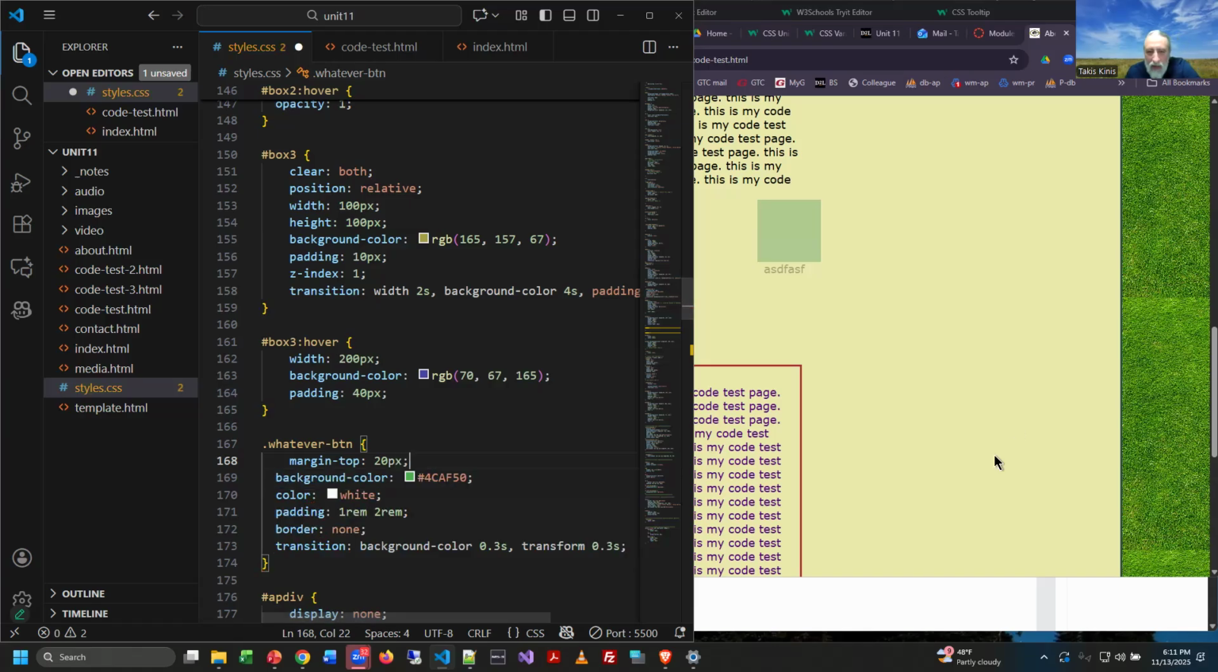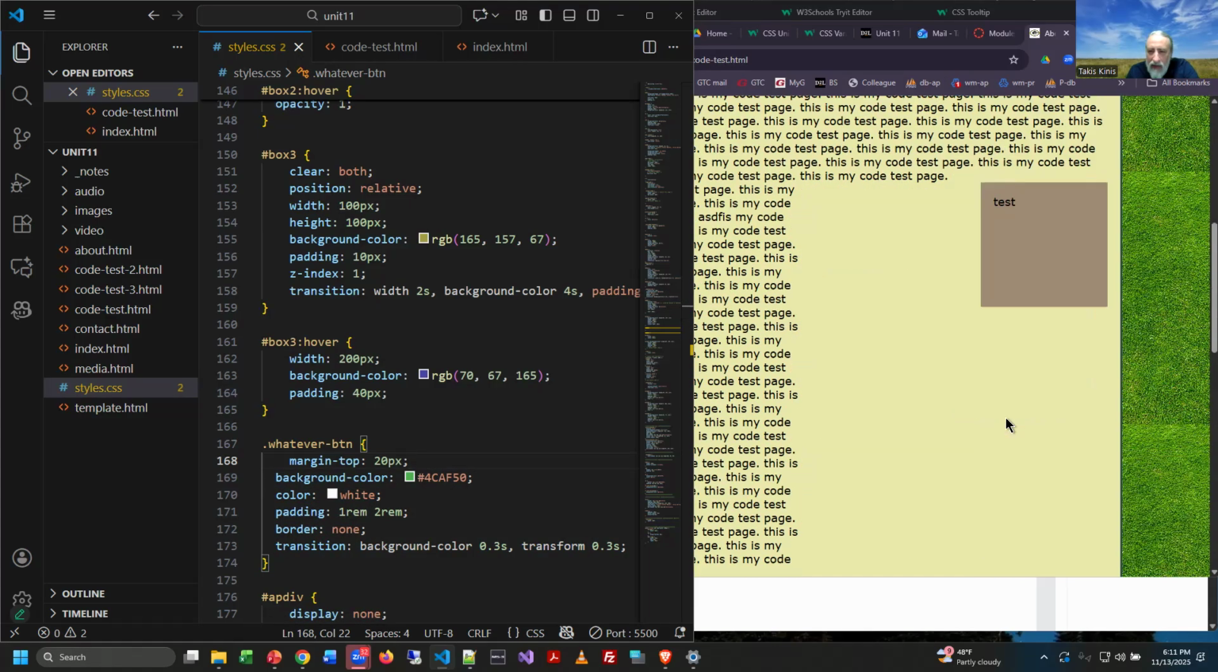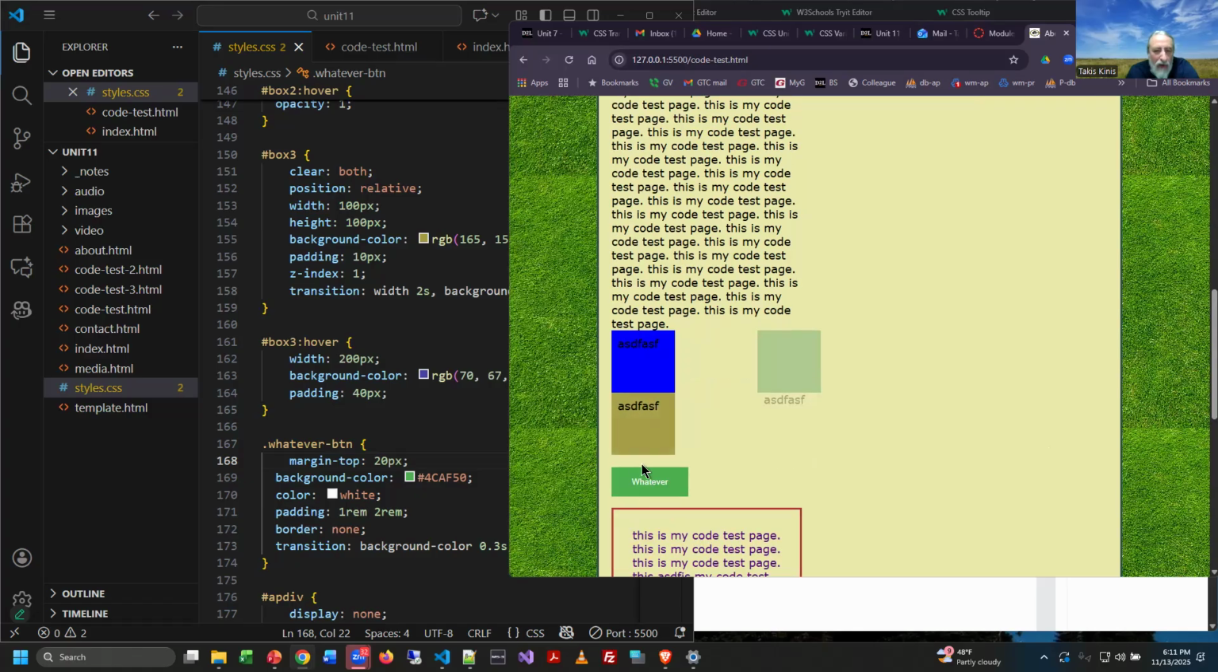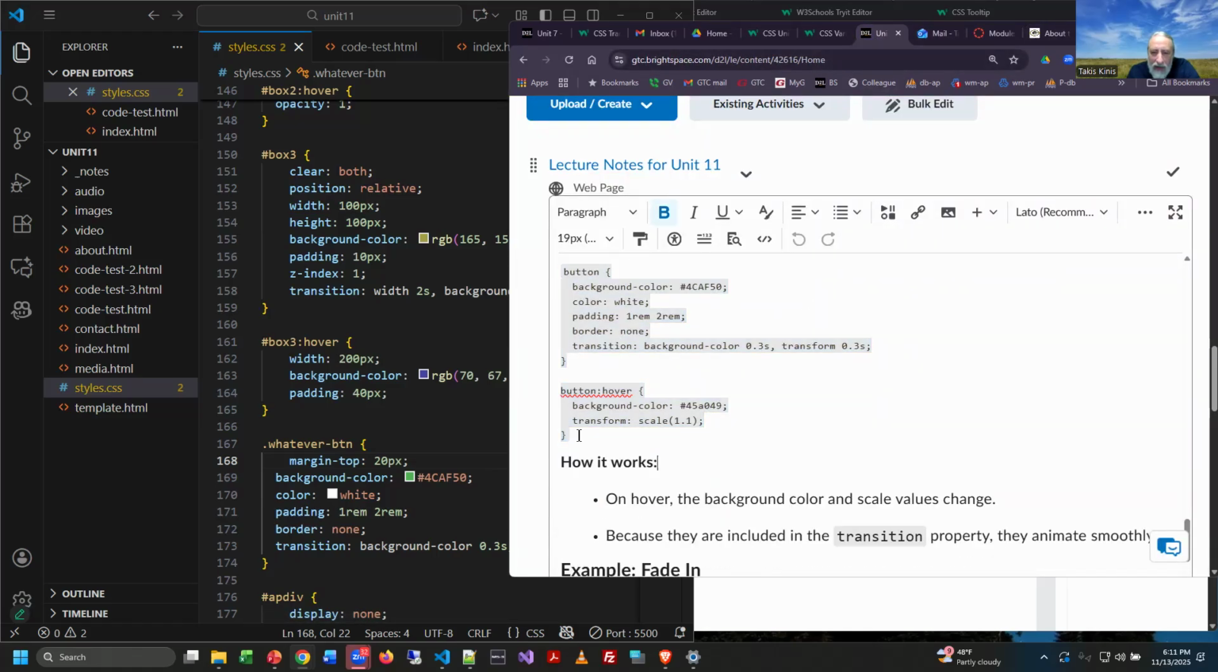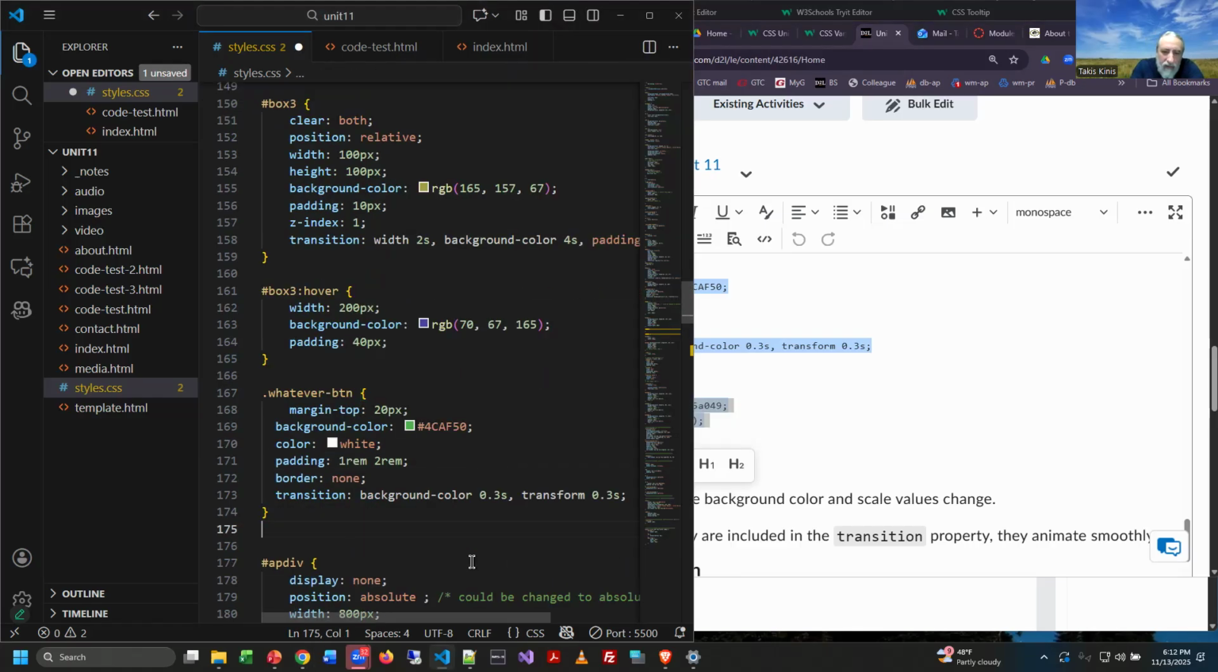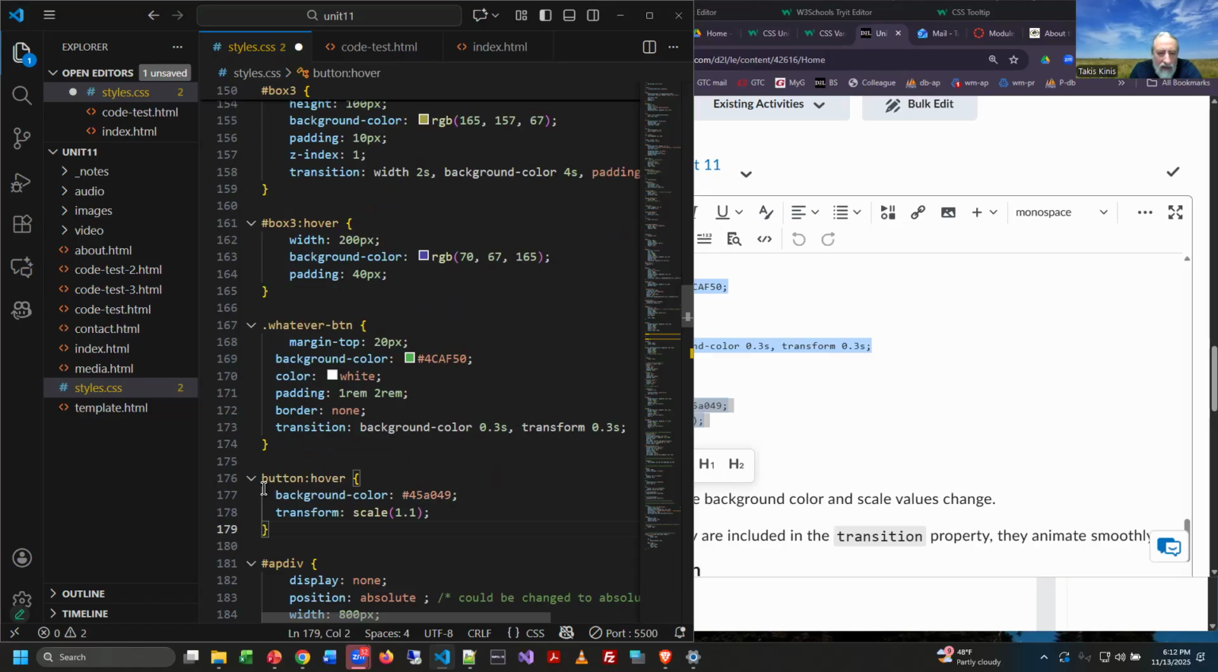I could also put in some carriage returns, I suppose. But let's just take a look and see what it did. Okay, we moved it away from the other objects. All right, now let's go back and grab the other transition stuff, right? And of course, we're going to have to tweak the style a little bit to match our naming, right? So it's not going to be button, it's going to be whatever button hover,